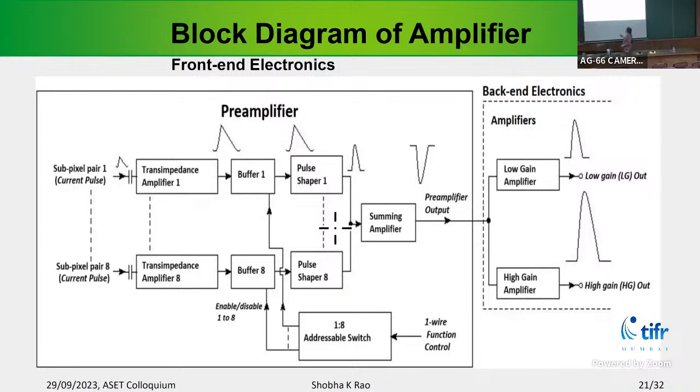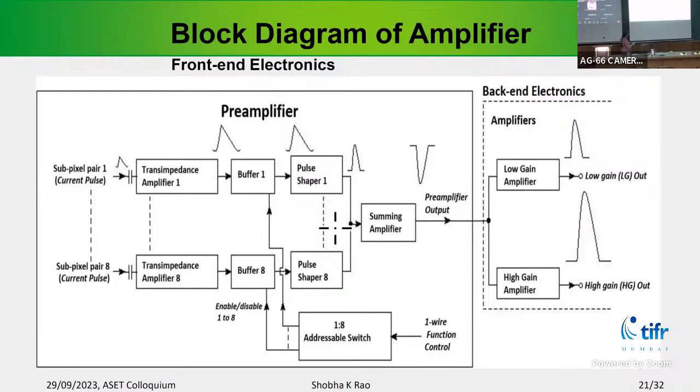So these are the current pulses coming from the SiPM. We have a low input impedance transimpedance amplifier, and here we are shaping. This buffer is to match the impedance, and we are summing all the 8 subpixel pair current pulses into the preamplifier output. And to get the dynamic range, we have a parallel amplification. Right now,